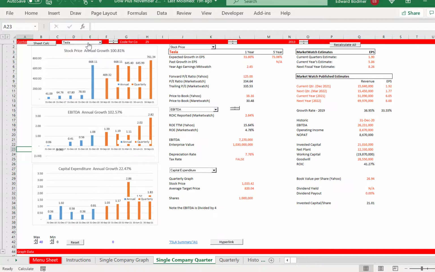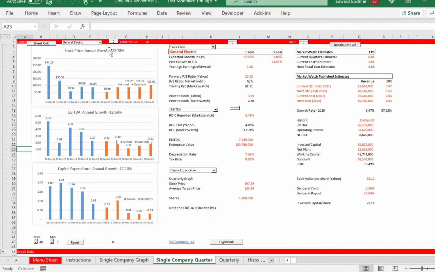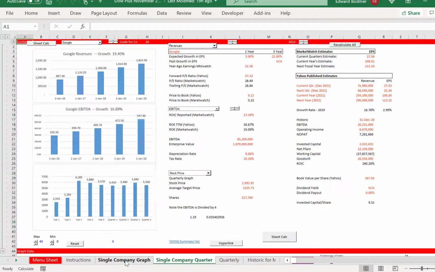Then we can look at Tesla if we want. Of course, the stock price has gone way up. I don't know if they actually have a little bit of EBITDA. And then finally General Electric, and the stock price has gone down, and EBITDA has gone down too, and even more, and their CapEx has just kind of stopped as well. All right, so that should tell you